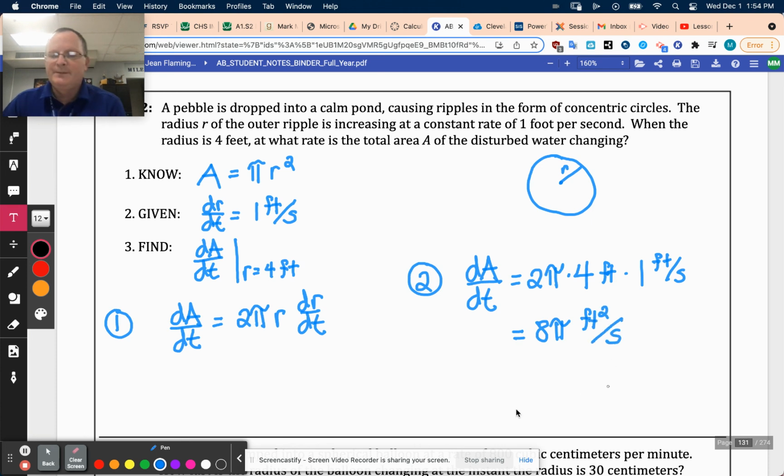I love it. Yep. So at that moment, now that's going to change depending on your radius, right? And that makes sense because as the circle gets larger, there's more and more area being created. And as more and more area is being created, that area then has to change at a greater rate. Makes total sense. All right, that was example